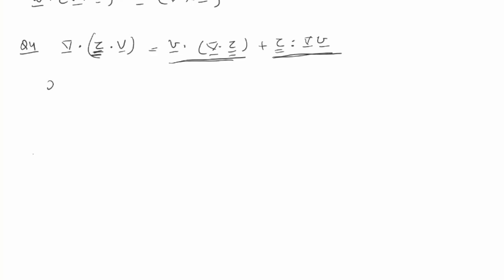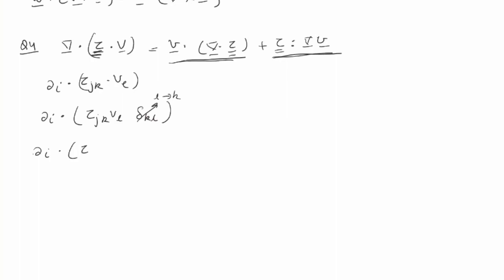So now this becomes del I dotted with tau jk dotted with vl. So now this will become del I dotted with tau j k v l Kronecker delta kl, and I can replace l with k. So this becomes del I tau j k v k, and now k is repeating, only vector is j, so I will be dotted with j. So this becomes del I tau jk vk del ij. So I can replace j with I. So if I do that, this becomes del I tau ik vk.